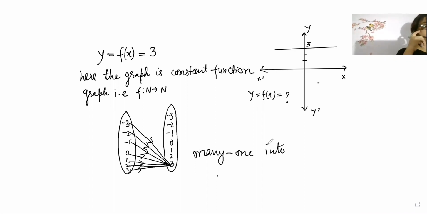So what you will say? It is a constant function, correct only. So it is a many one into case. It is what type of case? Many one into case. Look here, beta. Then you will ask, auntie, how it is many one into? Because I am confused how you have written all the values of x can only be exactly containing. So here, how you have written?